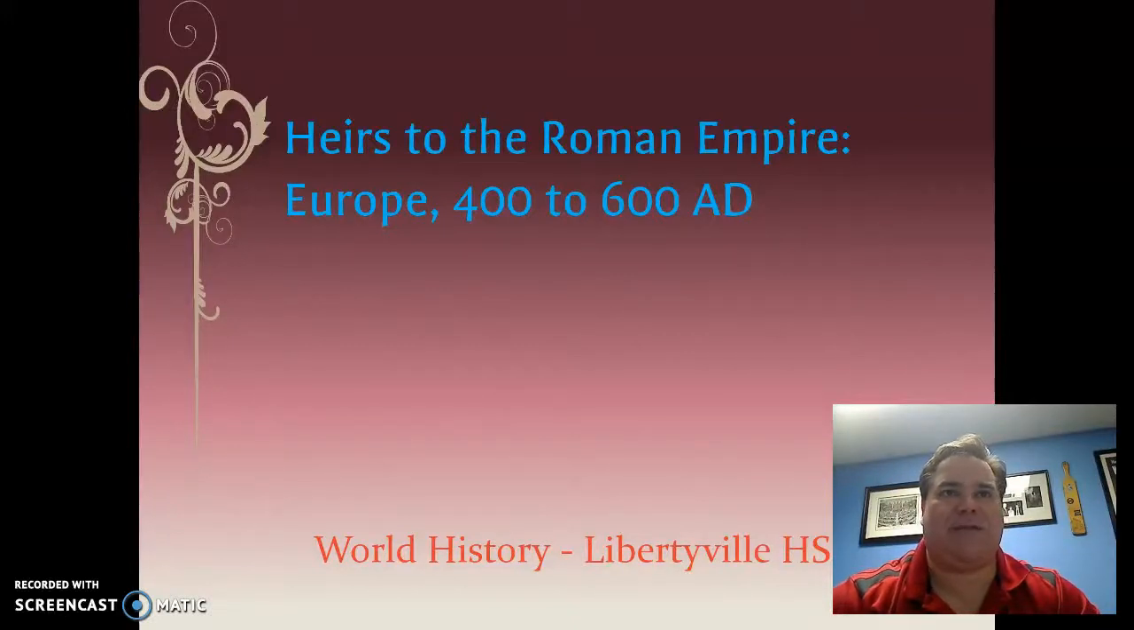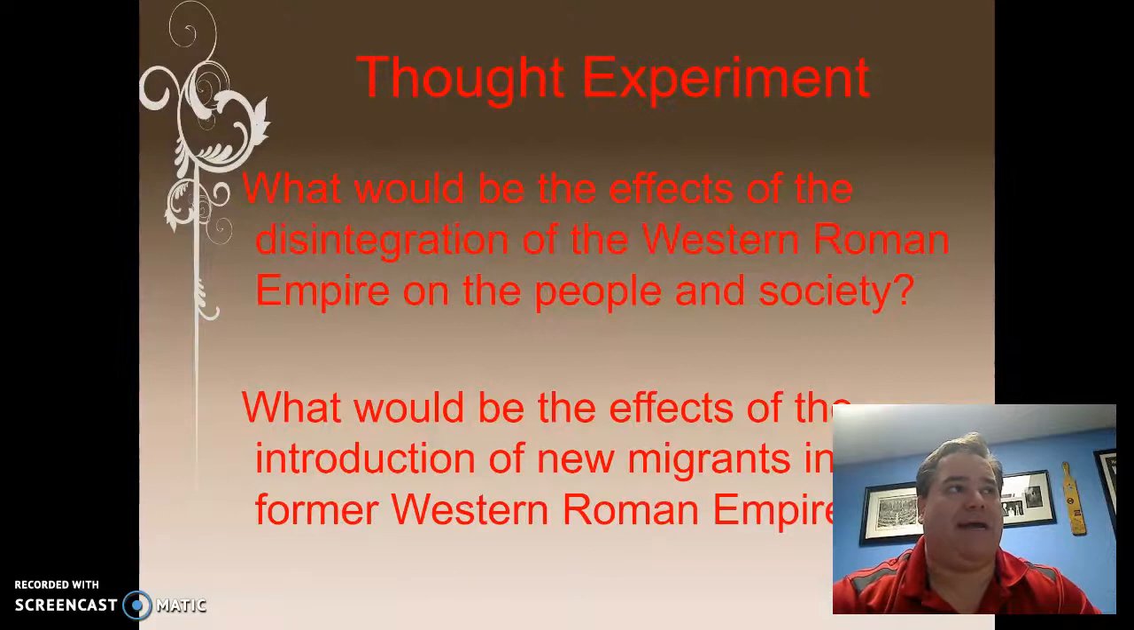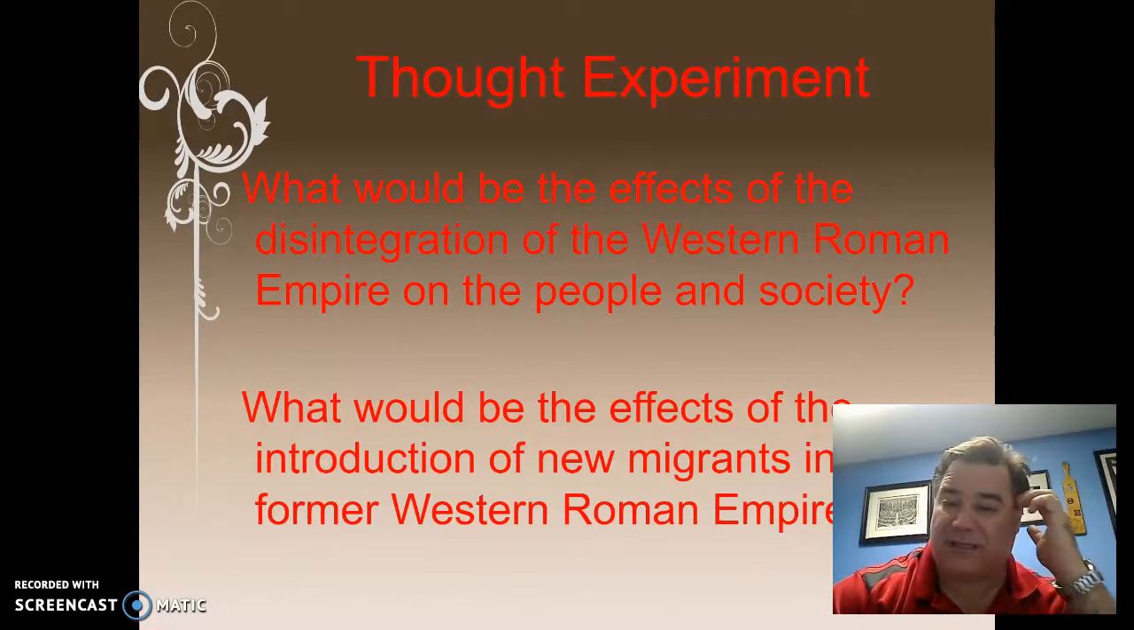Today we're going to talk about the heirs to the Roman Empire, basically how Europe changed from 400 to 600 AD. As I posed to you guys in class, this thought experiment has two parts. What would be the effects of the disintegration of the Western Roman Empire on the people and society, and what would be the effects of the introduction of new migrants into the former Western Roman Empire? These are two questions that are going to be answered in the course of this